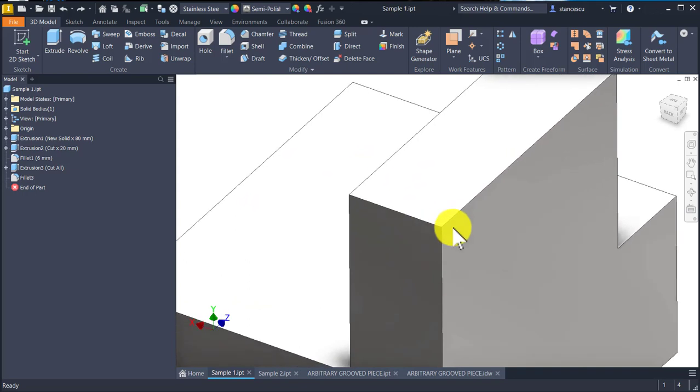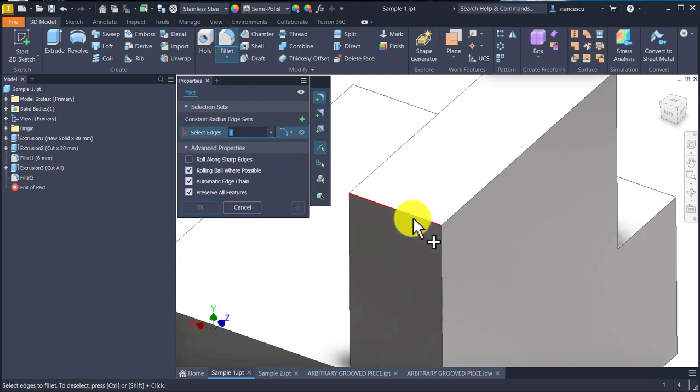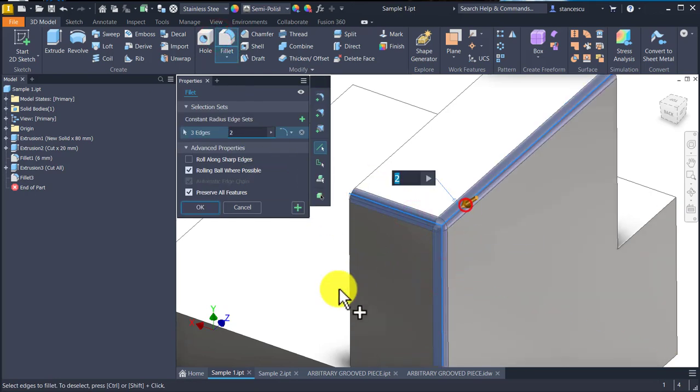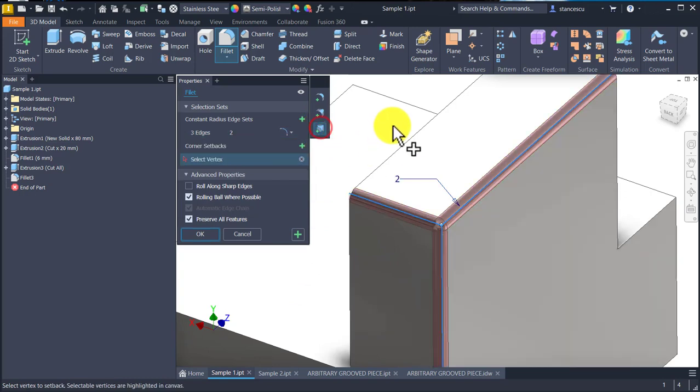Let's apply to this corner. Fillet 1, 2, 3. This is something you know. And now I select this option, which is set back the corner, and I enlarge values